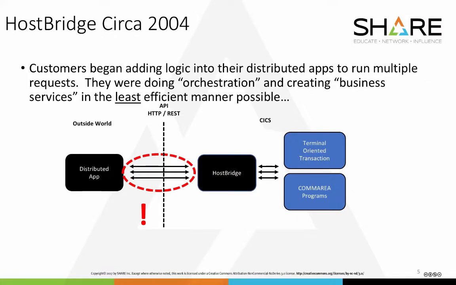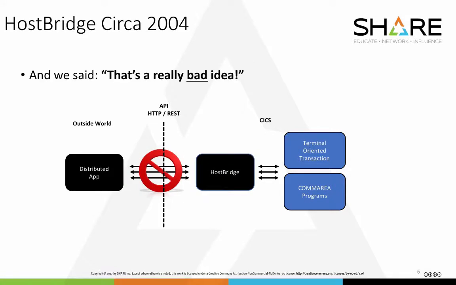Well, this happens. And you end up with distributed systems sending not just one thing in, they send a whole bunch of stuff in. And we saw our customers doing this in the mid-2000s, and we said, whoa, that is not good. Because not only did it drive up latency, it drove up CPU costs on Z, right? Not a good idea, especially when we have the artifacts that we know we need, whether they're existing transactions or programs or data. We just don't want to have to chatter to get this thing. We want to send one request in and get a nice clean response out.